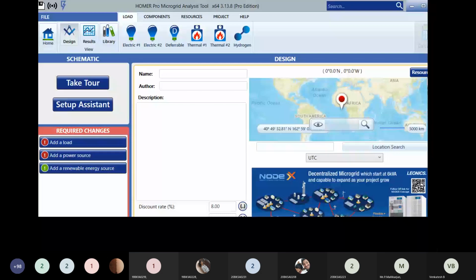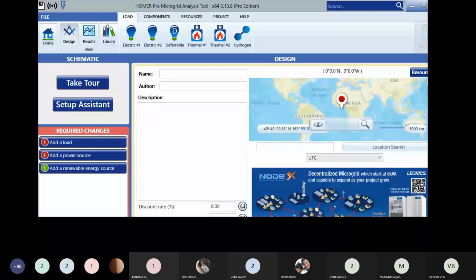Then after that, in the right side corner, you will have resources. One option is there, a blue color option, resources. After giving your location, click on resources.